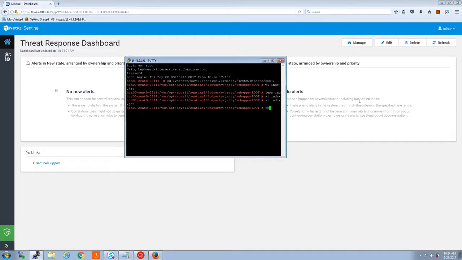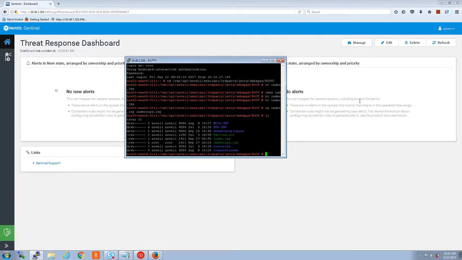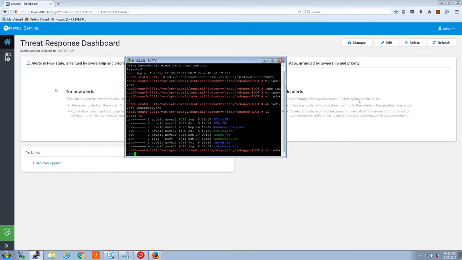So first thing you want to do is make a copy of that file. So we're going to do that. You should always get in the habit of doing this when you make changes to any of the files. Okay, and then let's make sure the file's there. Okay, there's our copy. Now we can go ahead and update the existing one. We're going to use vi, so vi index.jsp